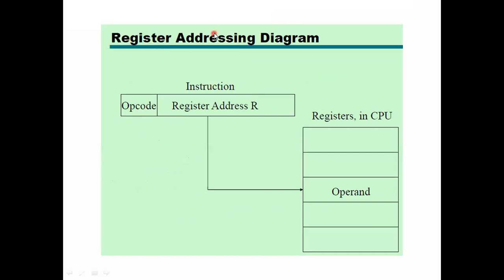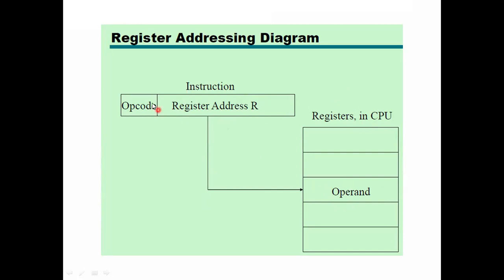Next, register addressing mode. That means here we are using the register in the instruction. Okay, in that register the operand will be present. Okay, where the registers will be placed actually in the CPU. R0, R1, R2 and so on, Rn minus 1. Do you remember? N number of general purpose registers are there in the CPU. Okay ma, so in that we are storing the memory locations or data whatever we require.